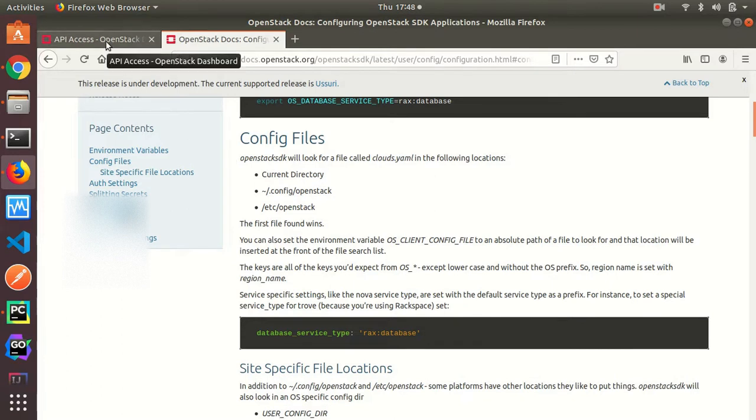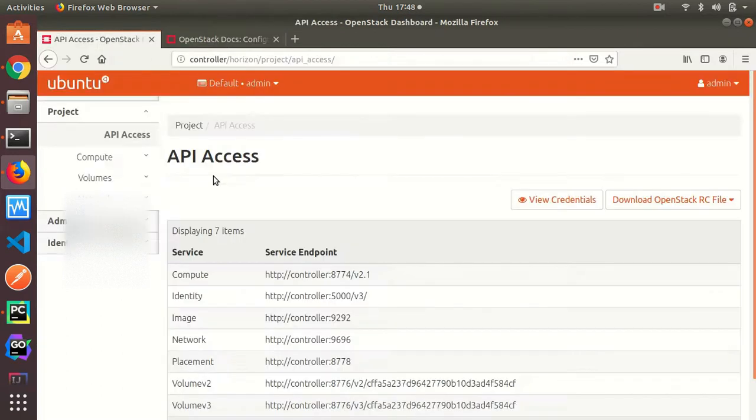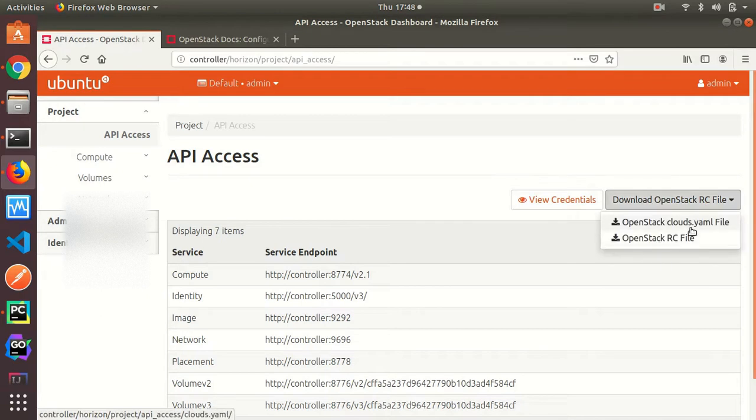The easiest way to get the clouds.yaml file is to navigate to your project, then API Access. There, click the Download OpenStack RC File option, and you will get the option for the OpenStack clouds.yaml file.